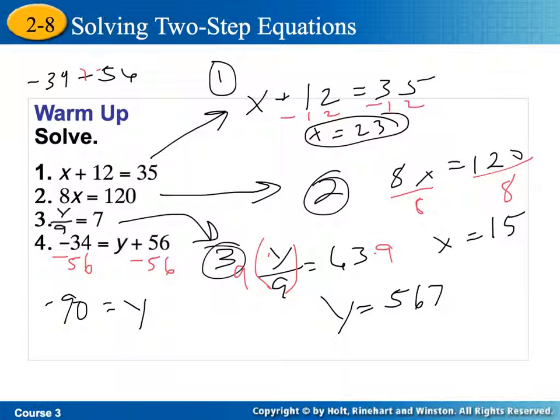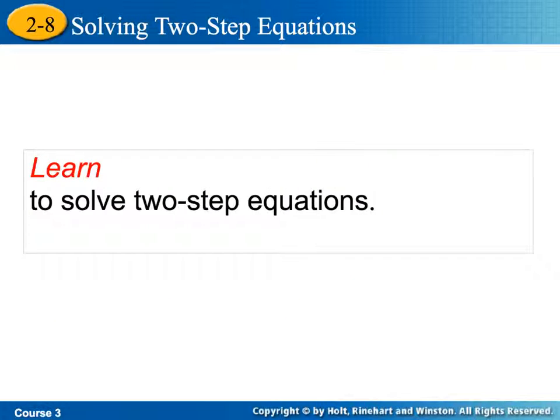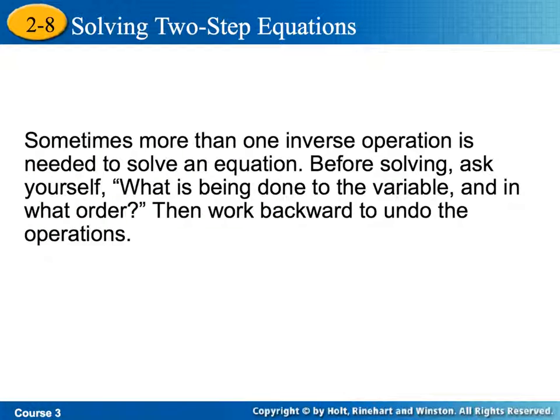Today, let's get started on two-step equations. All right, two-step equations. We're going to be solving. So when you look at this, it says sometimes more than one inverse operation is needed to solve an equation. Before solving, ask yourself, what is being done to the variable, and in what order? Okay, then we work backward to undo the entire operations. We undo the order of operations, go backwards. Just like we take inverse operations to undo the addition or subtraction, we have to go backwards in the problem